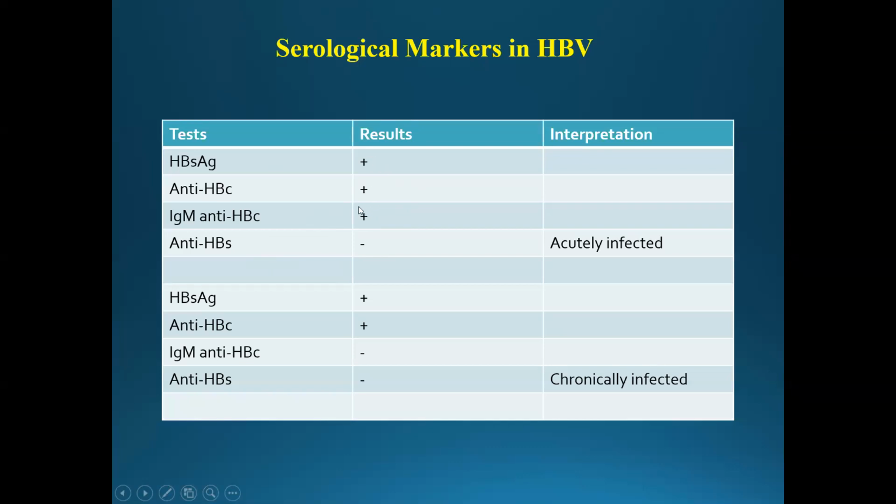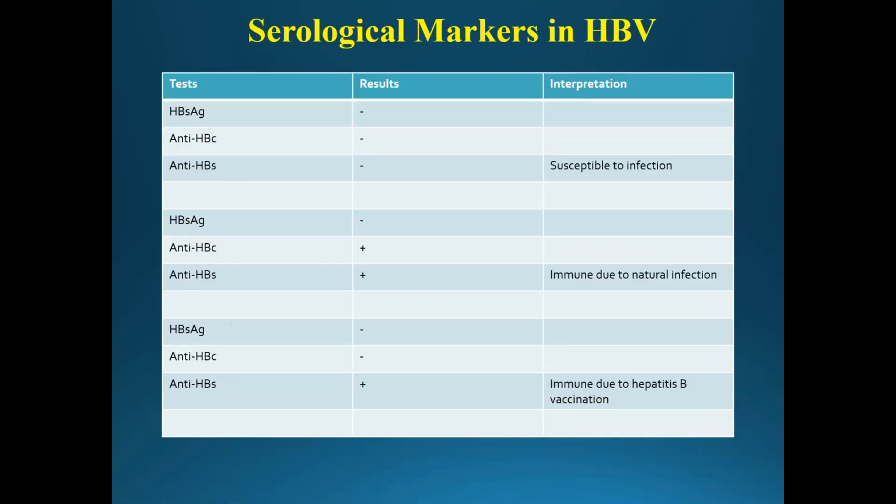A recent infection, that means he's still within the 6 months period, okay? Now the surface antibody has not appeared yet, okay? That means you have one of two options. Either this patient is going to have surface antibody being made, and that's going to neutralize the surface antigen. At the same time, the IgM by that time would have switched to IgG class of the core antibodies, which means it will take you back to this, which is a patient who is immune due to natural